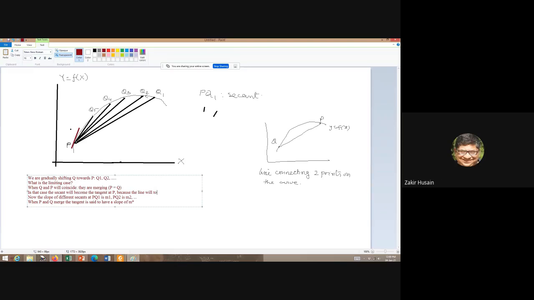Sir, if the curve is wavy, meaning it has a little minima, then the tangent will actually intersect the curve twice or even thrice. Yeah, that is true. But I'm not going into the detailed cases. I'm just discussing the implication of what the derivative is. So I'm taking a normal curve which is concave. What you're saying is correct, but I'm not going into those cases.